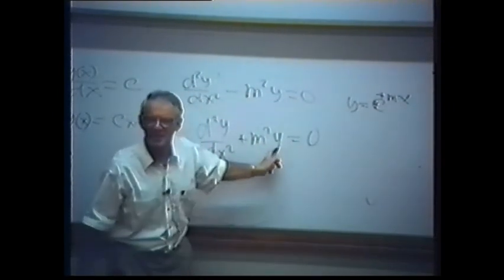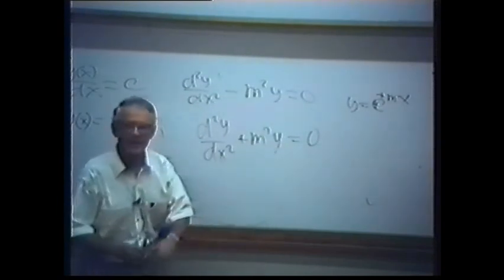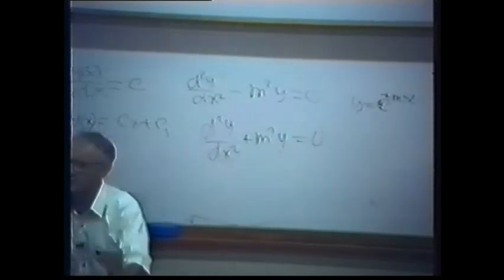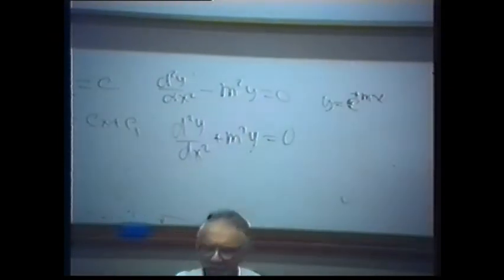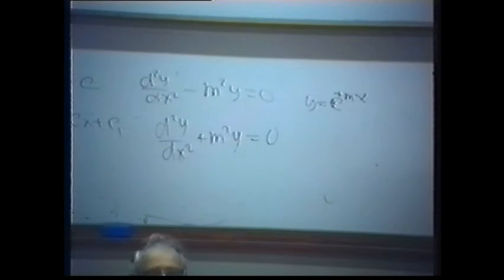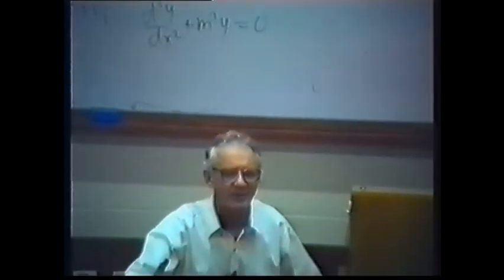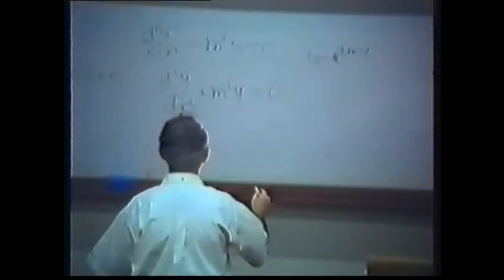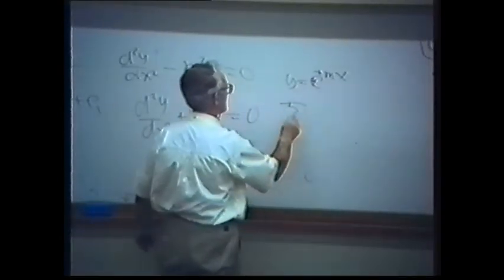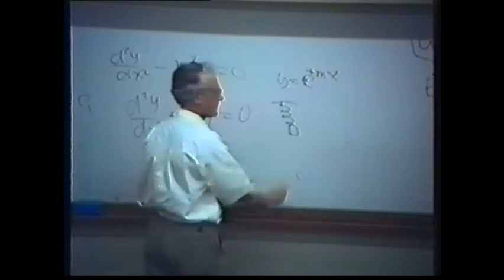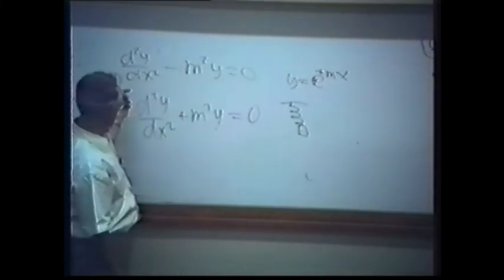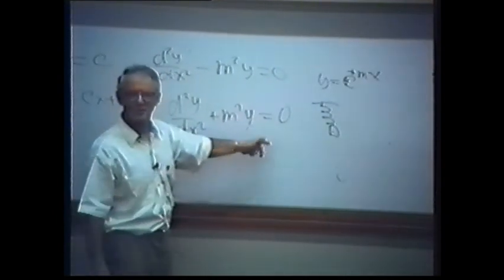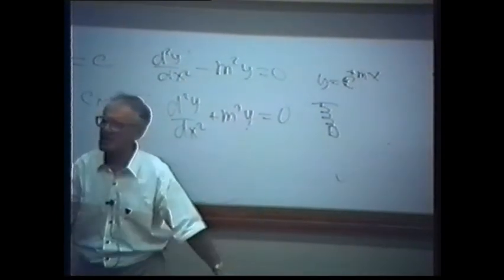How do we call this equation? The solution of this equation is sinus mx and cosine mx with some coefficients. What kind of phenomena does this equation describe? Harmonic oscillator. Take, for instance, a spring with mass. Move it. That's the solution of this equation. You will see sinusoidal oscillation.